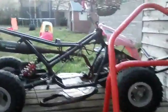So this is an old quad. These two, the little one there, the Husky, is mine. The one behind that is my mum's, this pink, purple one. I've got my own set of stuff here to clean my motorbike. Got my